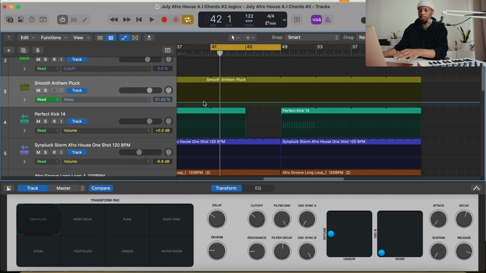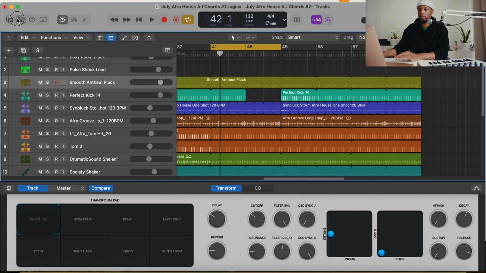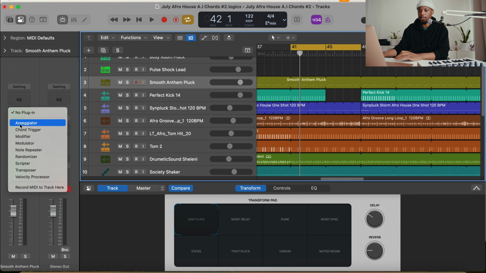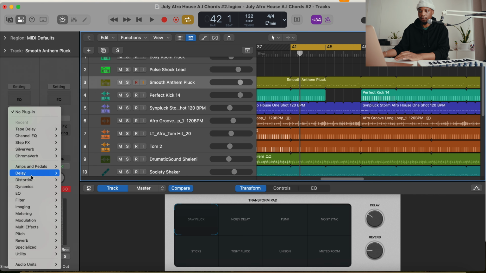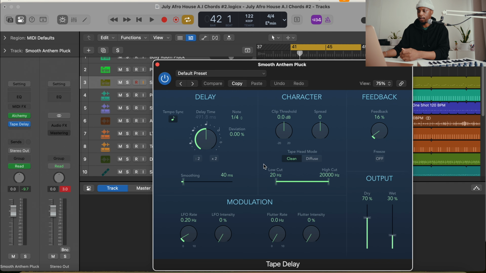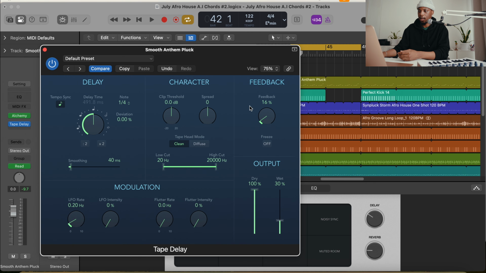So I can delete this automation here, and then I can come out of here, and then I can add a delay right here by audio effects. So the delay I like to use most of the time is the tape delay. I love to use this one because it's got simple controls, and I'm just going to turn up the dry and increase the feedback to around 80% and add some spread. So if I play back,